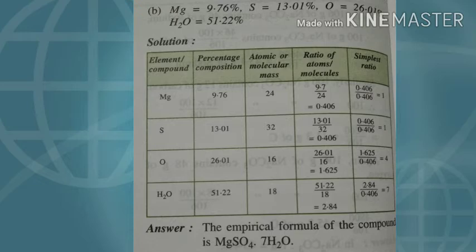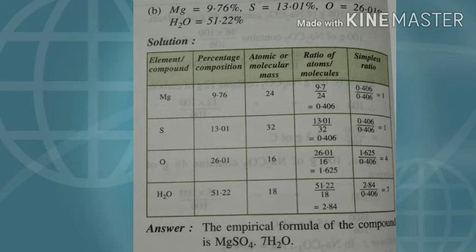Then what do we have to do? Third column we have to fill. What's the third column? Atomic mass or molecular mass. The atomic mass of magnesium is 24. As already said, sometimes atomic mass will be given in the question itself. Sulfur it is 32. And the atomic mass of oxygen is 16. Now we have to write the molecular mass of water. You know, water exists as a molecule. That is why it is said as molecular mass of water. Of course, you have studied it. It is 18.